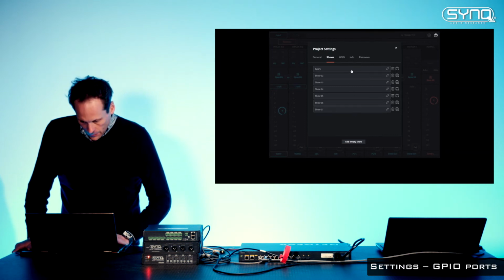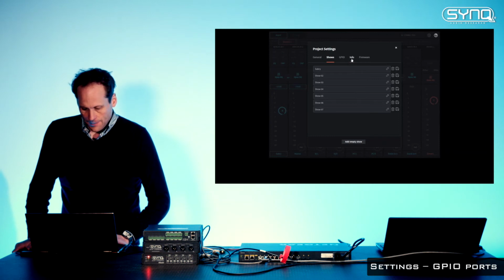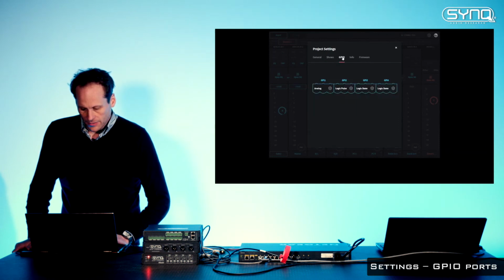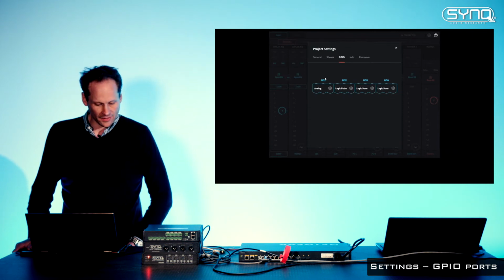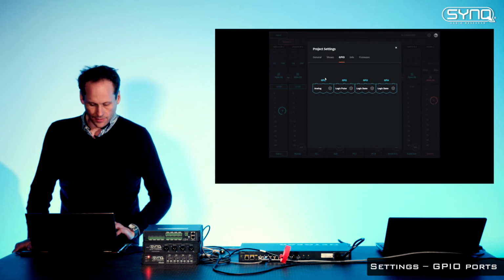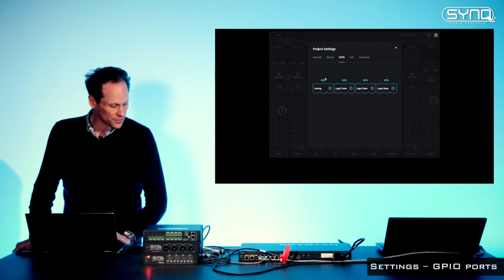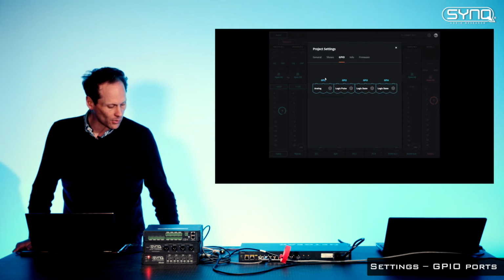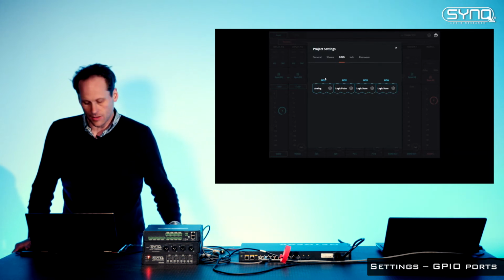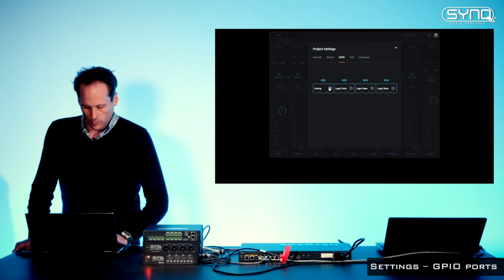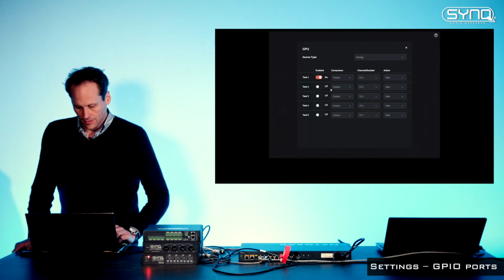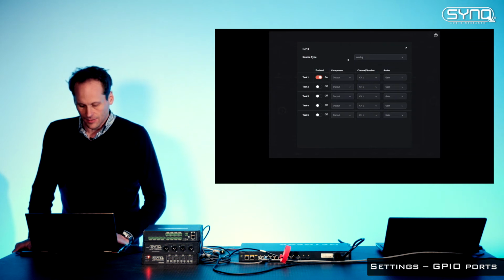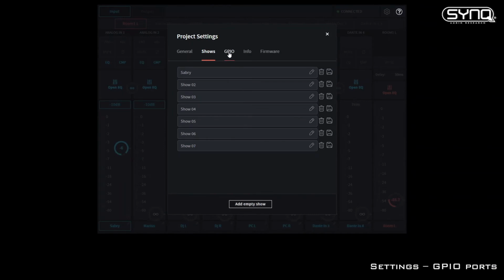Okay. So what else do we have? We have the GPIO button. So this is very handy to, let's say, on the installation product to connect any kind of multifunction button or a potentiometer, an LED, whatsoever. So if you want to do the settings, you can just click here, and then you can set the type of input.